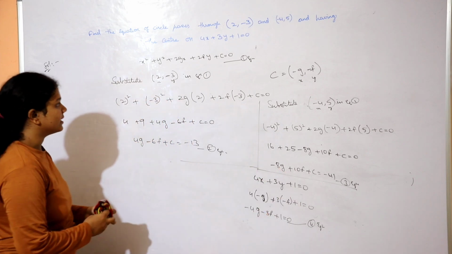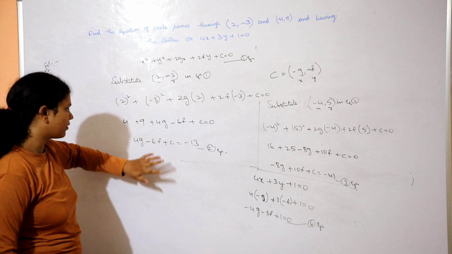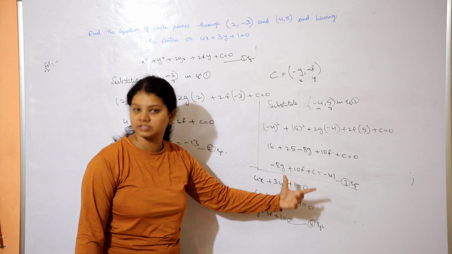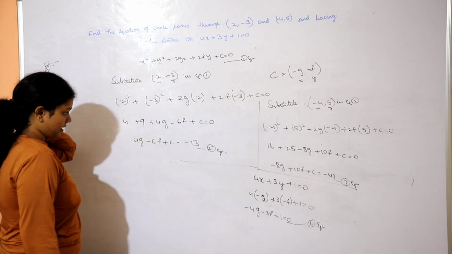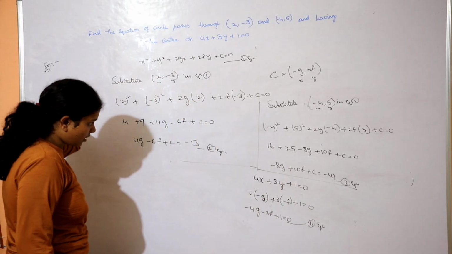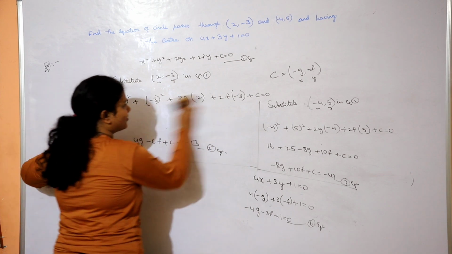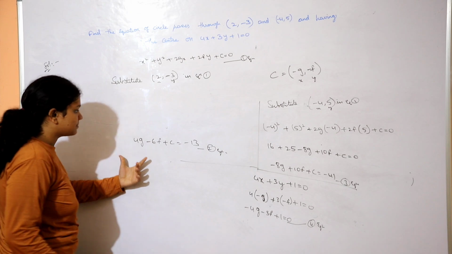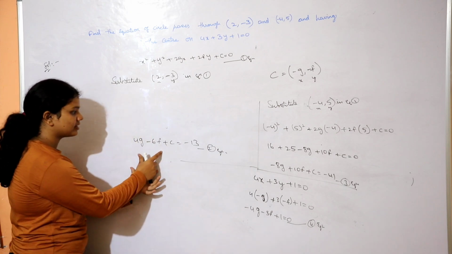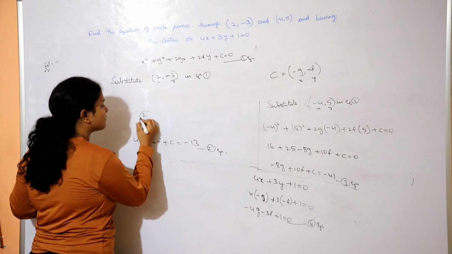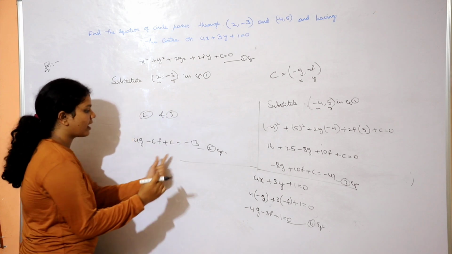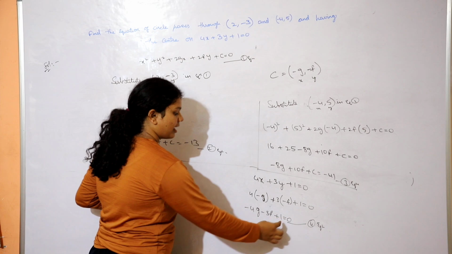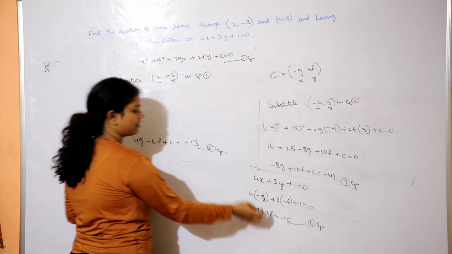Clear? Now we got this in the form of gf, this in the form of gf, and this in the form of gf too. And now I should find out the gf value. So how do you find out the gf value? Now observe clearly, because here you are having this second equation. Now you solve equation number 2 and equation number 3, because here you are having a variable c, and you are having only one.